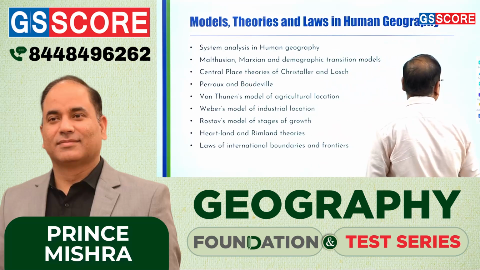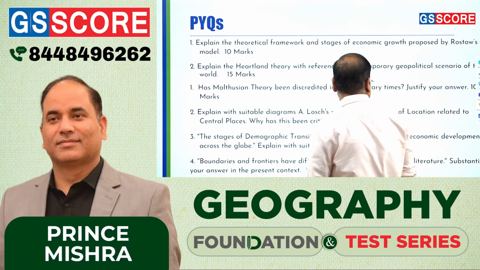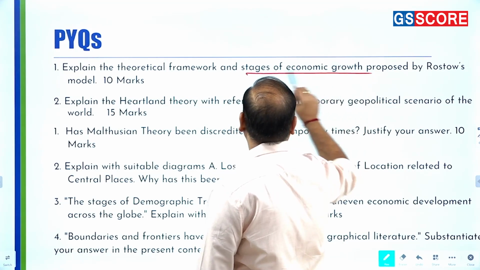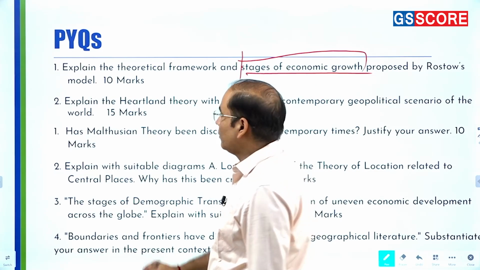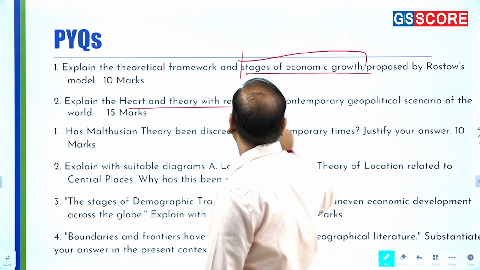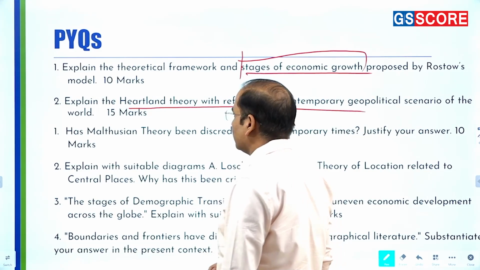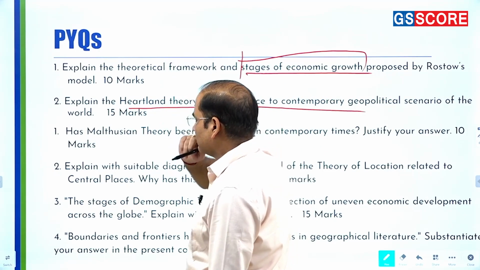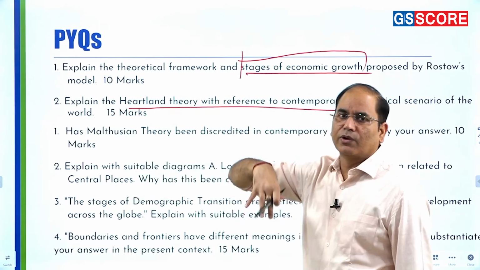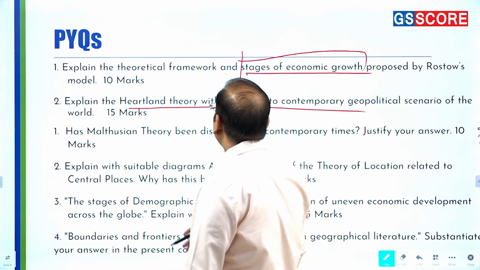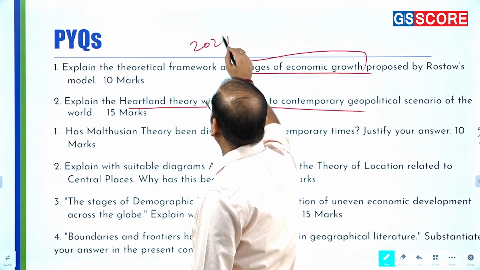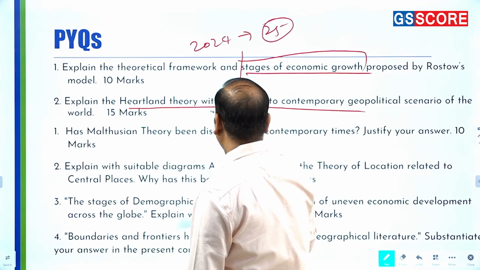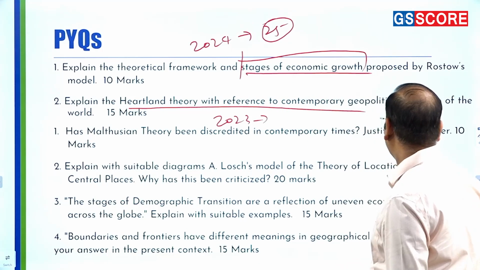Now, if you look at the questions related to these topics, you will find: explain the theoretical framework and stages of economic growth. So, a direct question from the growth pole. Explain the heartland theory with reference to the contemporary geopolitical scenario. So, primarily associated with the Russia-Ukraine crisis, NATO trying to have more grip on the nearby areas of Russia. So, in 2024 there were 2 questions of 25 marks. In 2023 there were 3-4 questions,